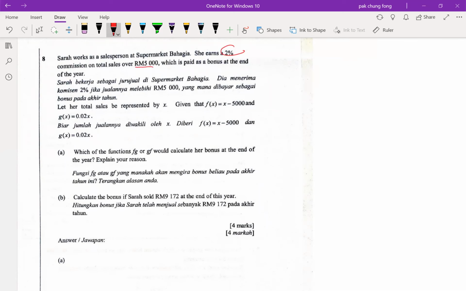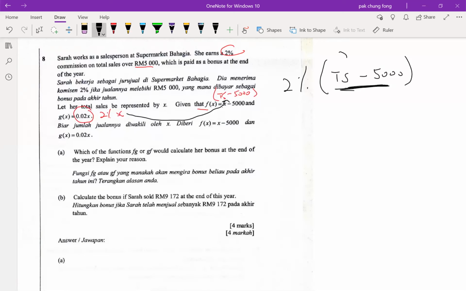第8题。Earn 2% commission when total sales 超过5000的时候，total sales 是 x，and then 给你 fx 是 x 减5000，就是你的 total sales 减掉5000，就是你有多少钱是 entitled for bonus 的，乘以 commission 的，and then gx 是0.02x，so 0.02x 就是你的 2% 乘以你的 sales。OK，因为2% 是你 entitled for 的 bonus，你要乘你的 commission，and then 你2%一定是乘以你的 total sales 减掉5000，超过5000过后你才